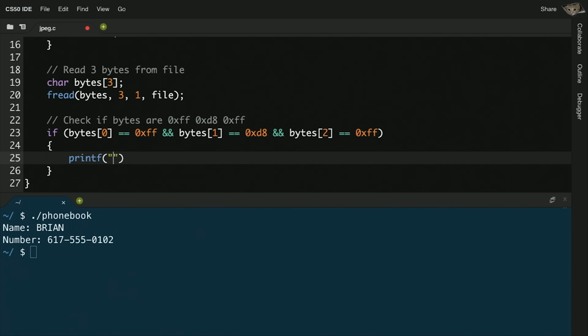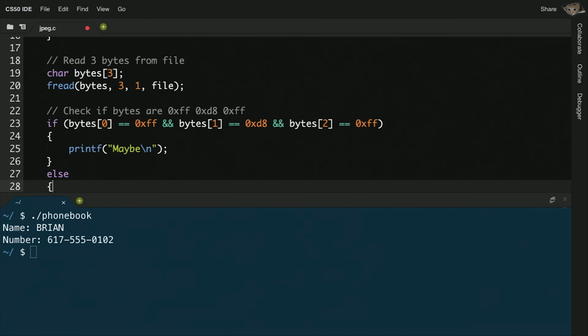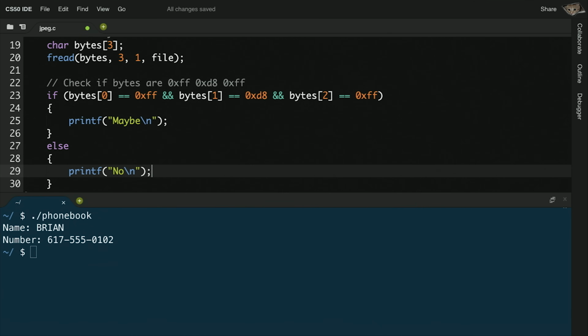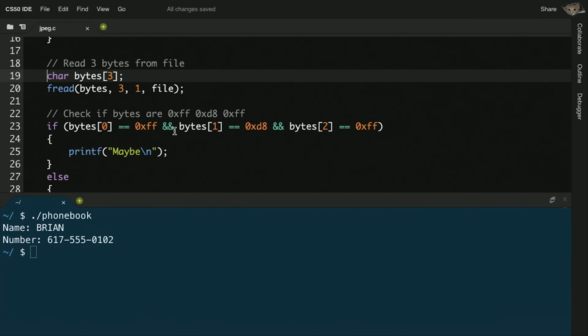There are some conditions we'll explore in the problem set. So I'm just going to say maybe it's a JPEG. But if that's not true, I am going to say with confidence, no, it's not a JPEG, if those first 3 bytes are not that. And then for arcane reasons, I technically need to make this what's called unsigned, which means it's a number from 0 to 255 instead of -128 to 127.